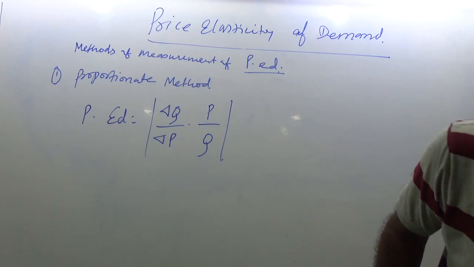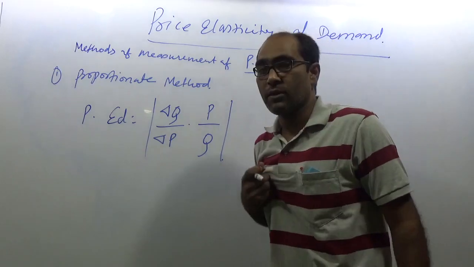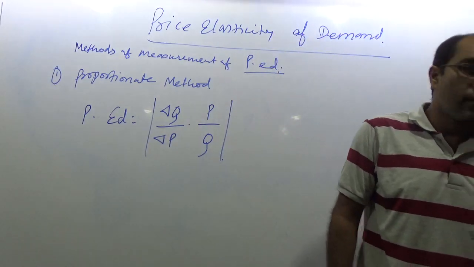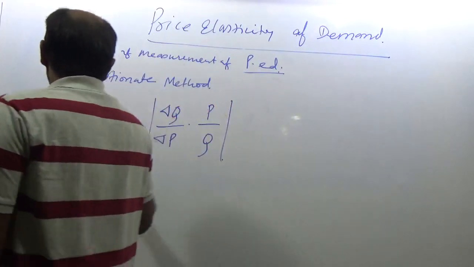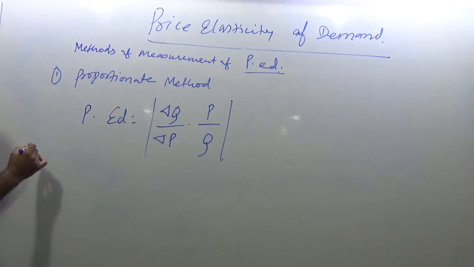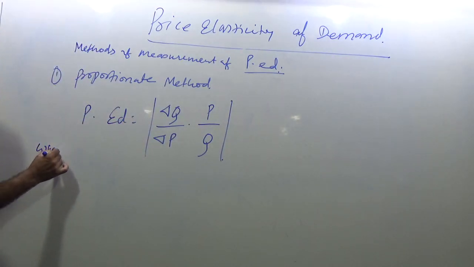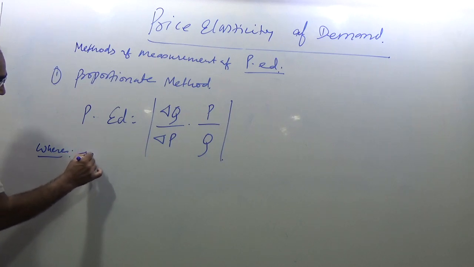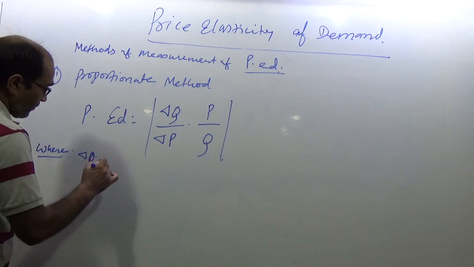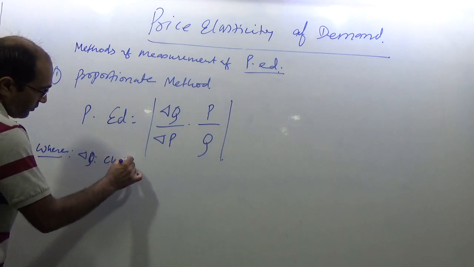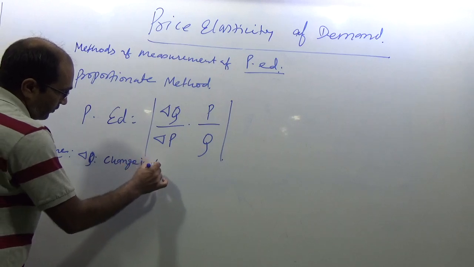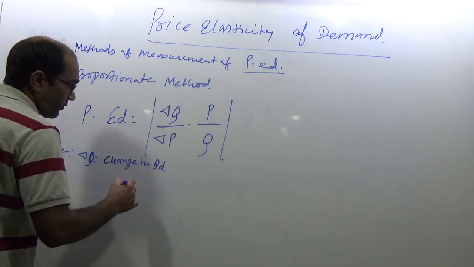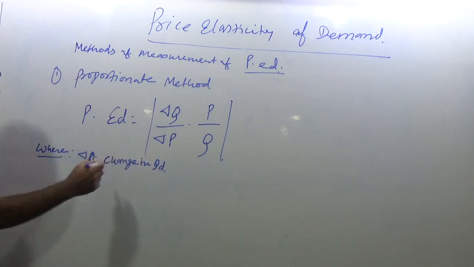So today we have to apply the method in the formula where delta Q stands for change in QD, change in quantity demanded,